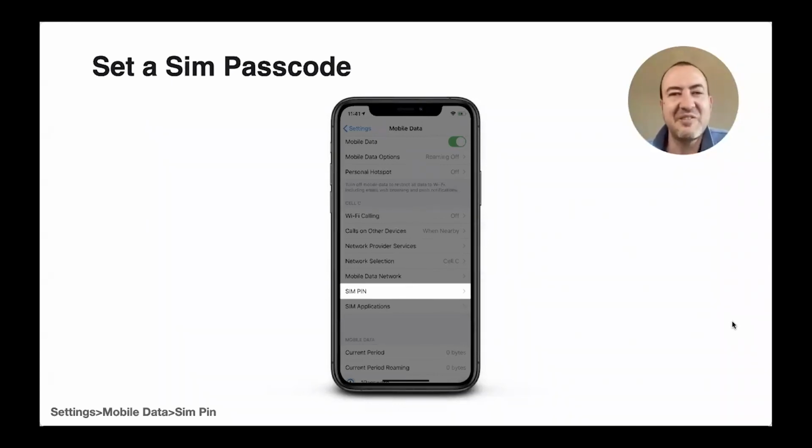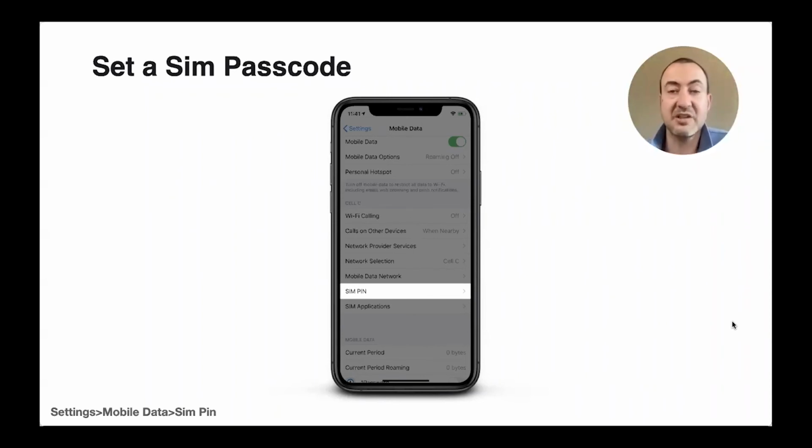If you have a SIM card in your iPhone, which you most likely will have, you'll know that there's also a SIM PIN that you have to enter as you restart your phone. And then you've got your phone code, right? So there are those two codes: one unlocks your SIM card, one unlocks your phone. A lot of people actually turn off the SIM one because you don't want to put in two passwords every time. So actually the advice is to make sure that you do have a PIN code on